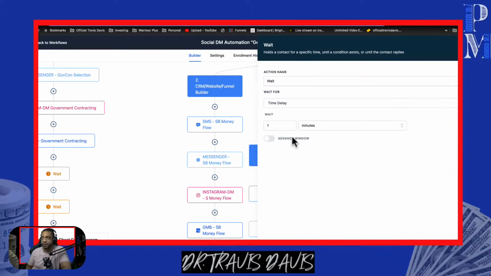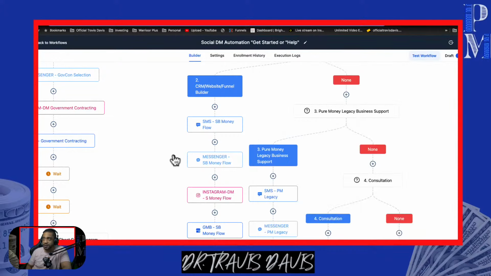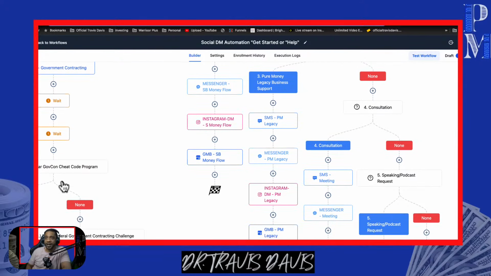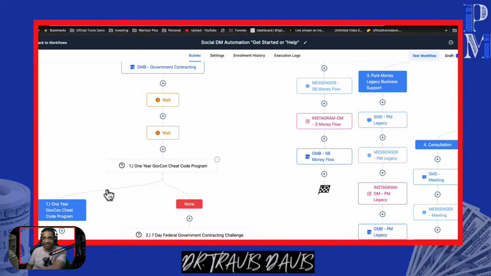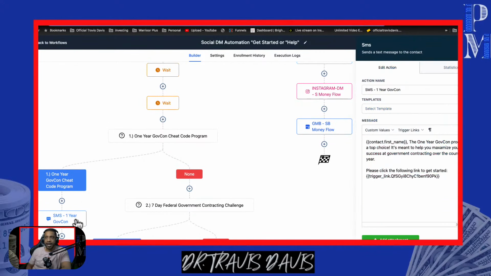Because people don't want you to respond to them very quickly because they'll consider it to be a bot. But if I tell it to wait for a minute, and when it waits for a minute and they did select one and they send them this message, well, the person believes that it took a minute to type this up. But I mean, we already got this bad boy automated.